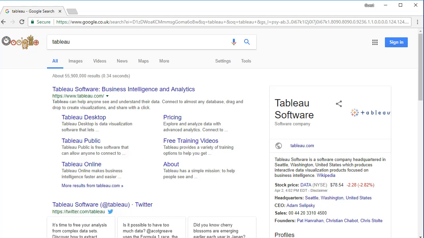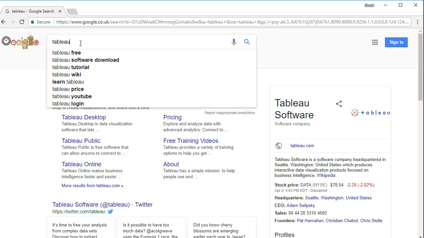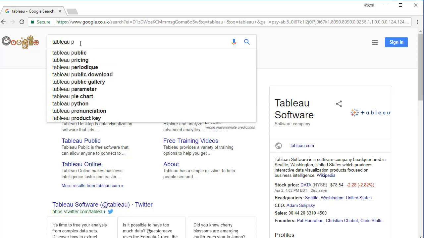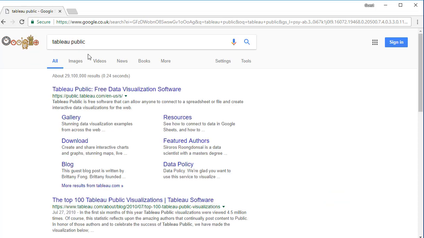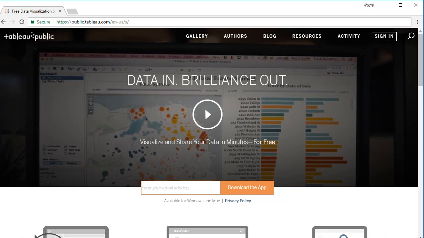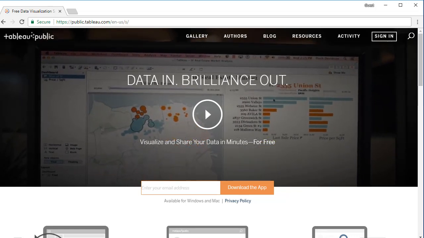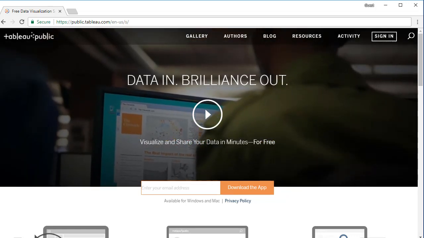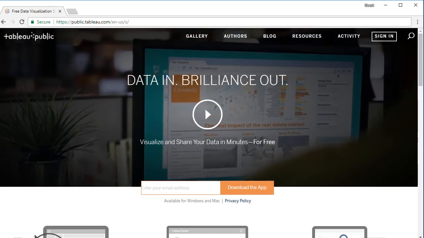Okay guys, it is time to get started with Tableau. Let's type Tableau Public in Google. As you can see, the first result we have points to Tableau's website at www.tableau.com. I'll click on the link, and this will direct me to the Tableau public domain. It shouldn't be too difficult to download Tableau from here.